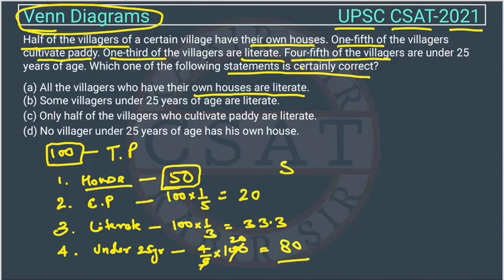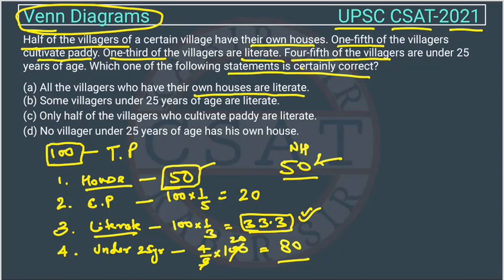So there will be another 50 who are not having a house. So the total number of literate is 33, right? So there may be some who have a house and some who do not. So we cannot surely say that all the villagers who own a house are literate. This is not possible. Why? Because only